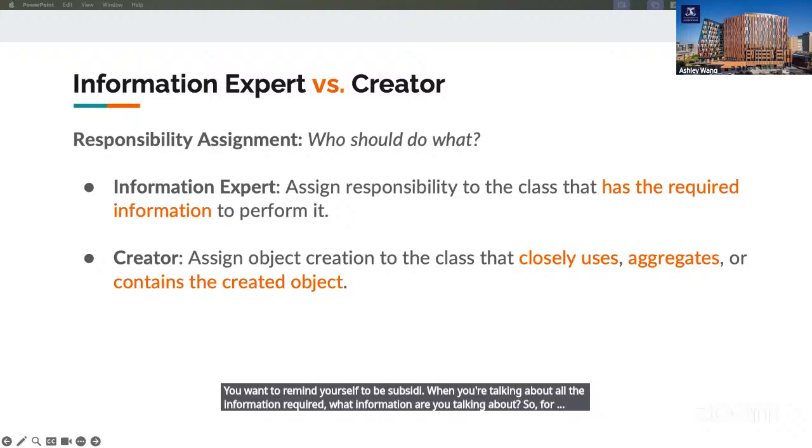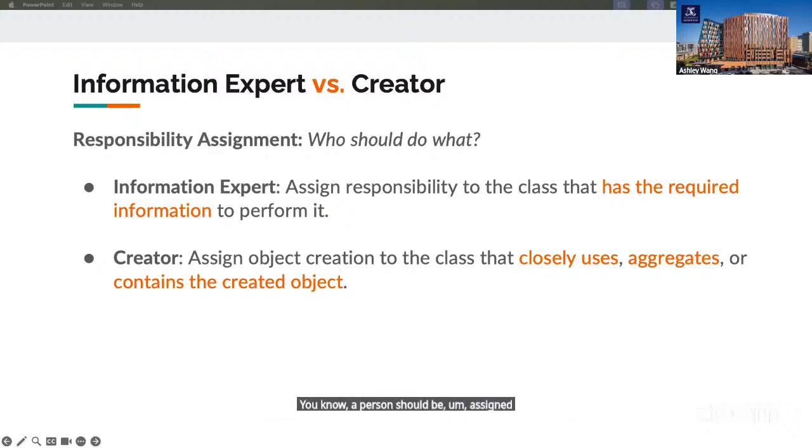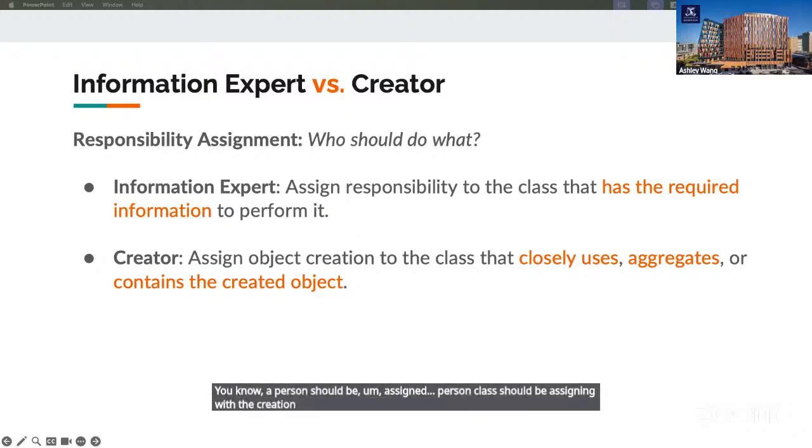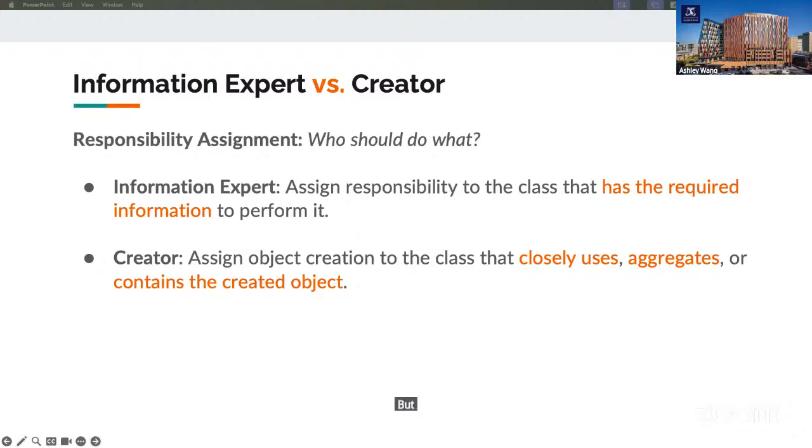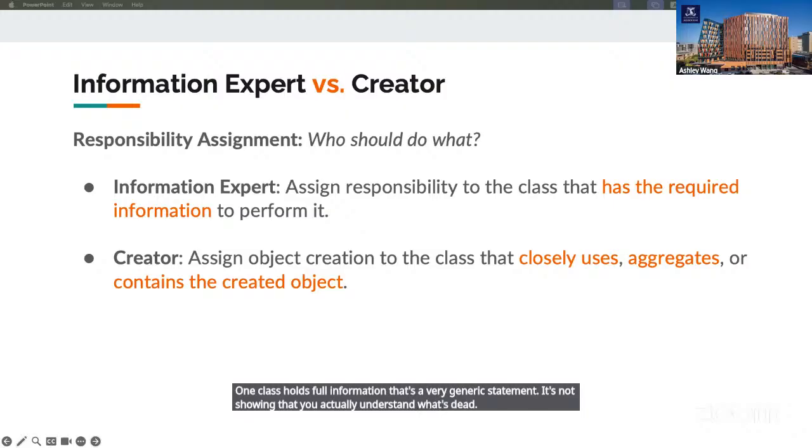For example, if you think the person class should be assigned the creation responsibility for item, there's something the person holds to take that responsibility, right? So you want to mention the attributes, or the relationship or the multiplicity. Try to make it specific rather than generic, because saying one class holds all information is a very generic statement. It's not showing that you actually understand what's there, or that you can find that responsibility.